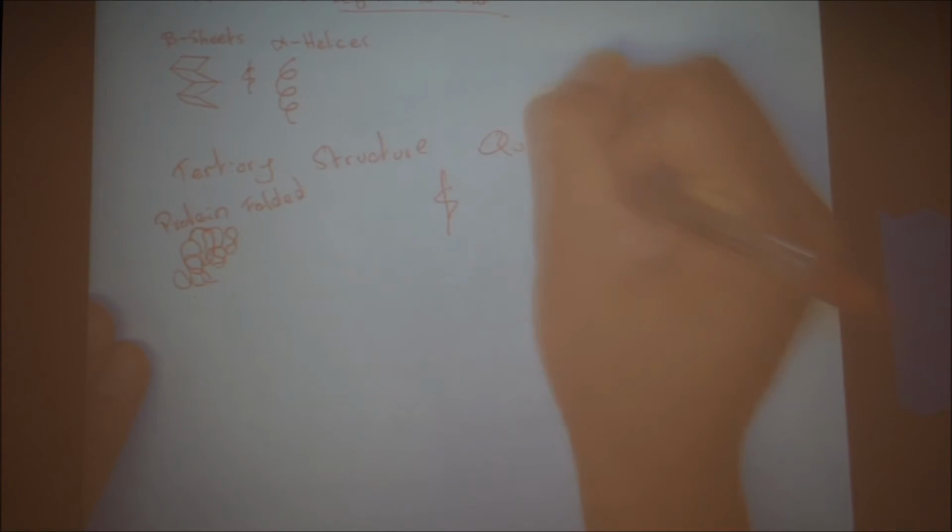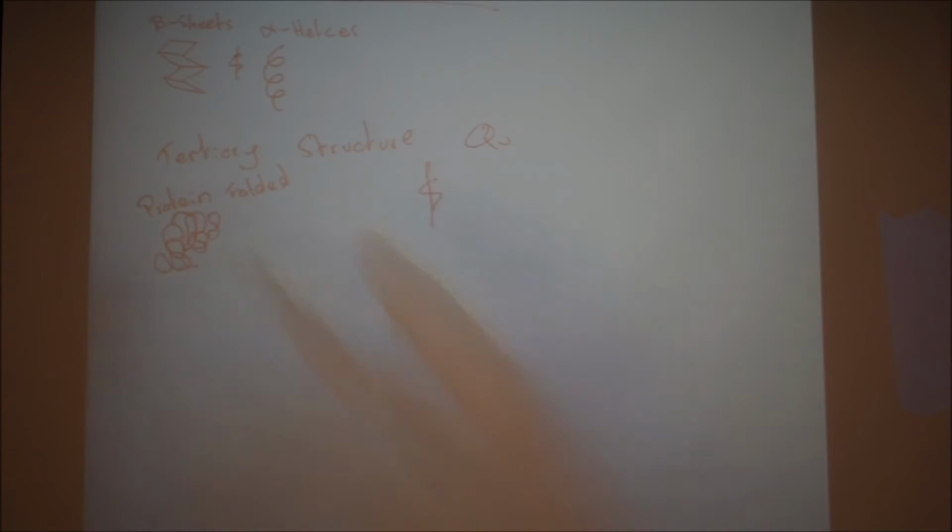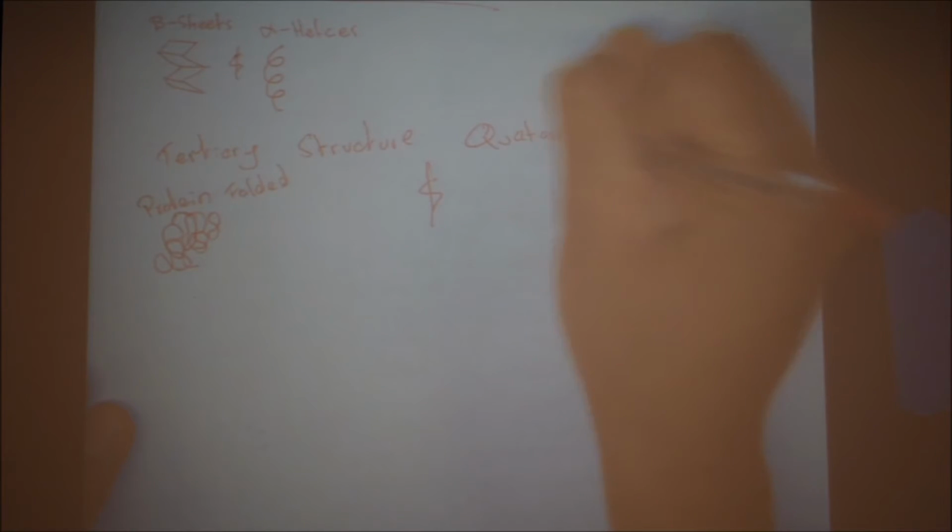The next thing that happens is going to be our quaternary structure. And, you know, tertiary, quaternary, they're very similar. Quaternary basically means that you're bringing these subunits that have been folded and you're putting them together in different pieces. So now you have these giant pieces and now you're putting them all together. So quaternary structure